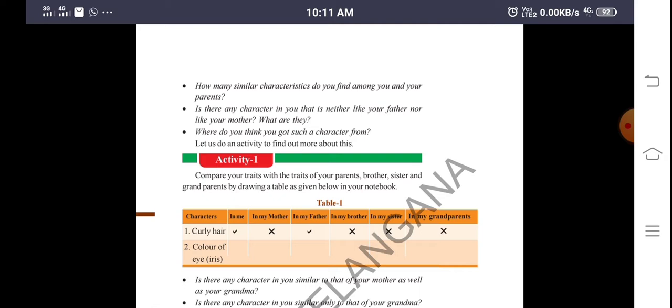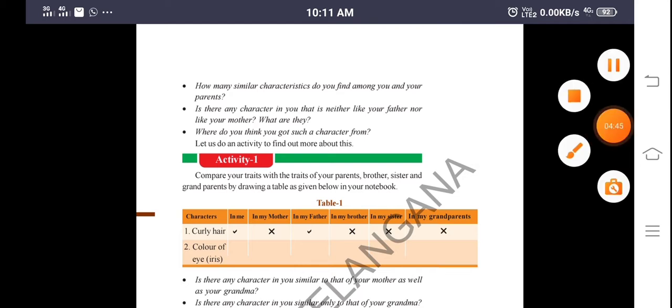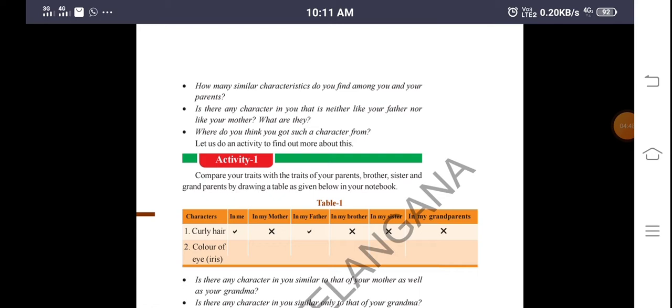Regarding height, color, quantity, shape of the eyes, shape of the ear, for example hair, you may get it like your mother, but the fall of characteristics is like your father. Like this, each of the characteristics we get from our parents. But some of the characteristics are unique. You are the special one. Those characteristics are not seen in either parent, our father or mother. So these characteristics are new.